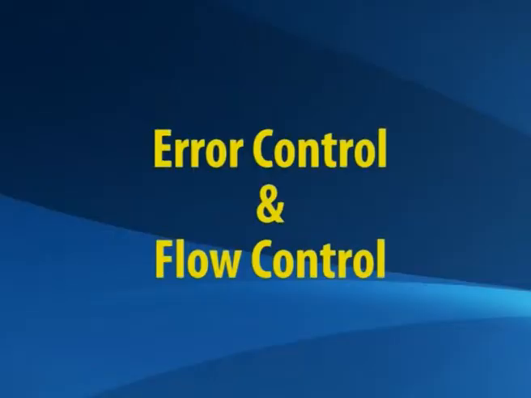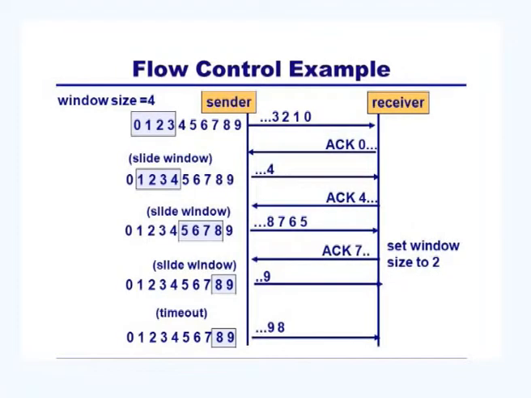Error control and flow control. TCP uses port numbers to know what application process it needs to hand over the data segment to. Along with that, it uses sequence numbers to synchronize itself with the remote host. All data segments are sent and received with sequence numbers. The sender knows which last data segment was received by the receiver when it gets ACK.